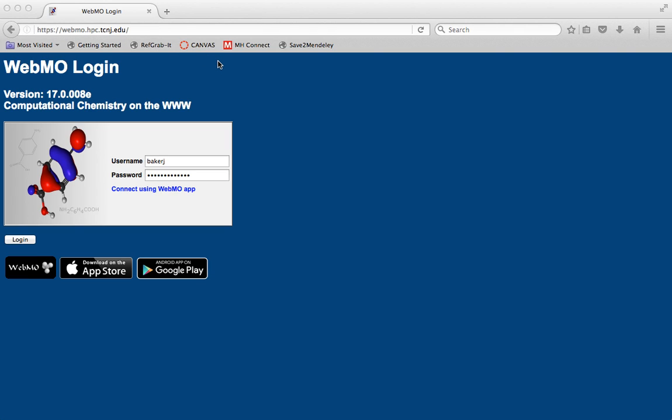webmo.hpc.tcnj.edu. This works well. I'm running this in a Firefox web browser on a Mac. This also will work in Firefox on Windows, Safari on Mac, and it should work in Internet Explorer in Windows as well. Google Chrome won't be able to run WebMO currently, so you should use one of those mentioned